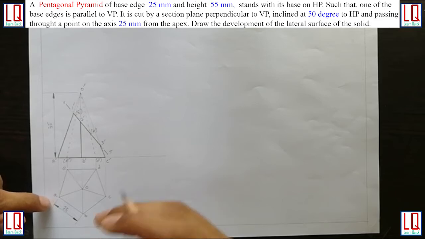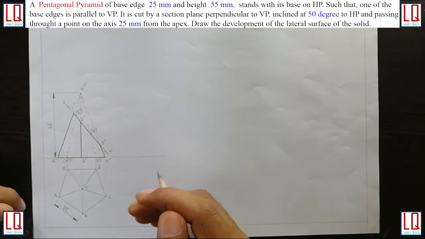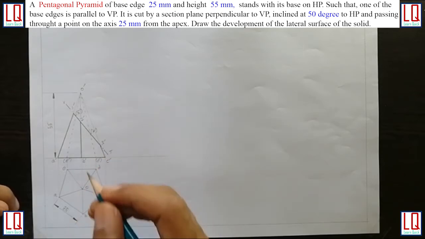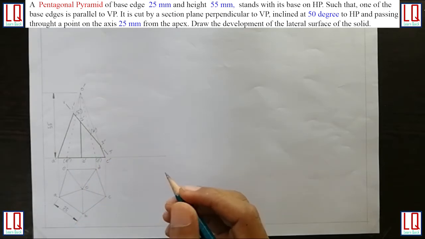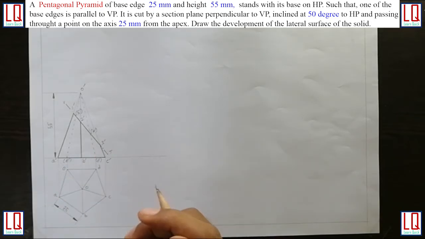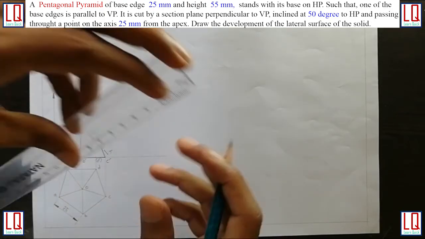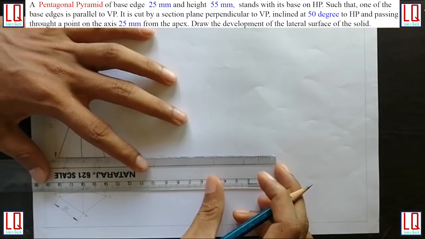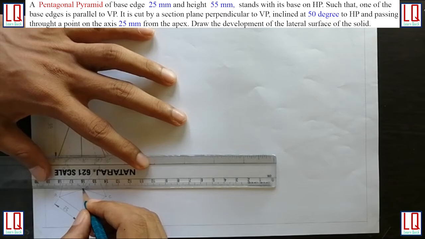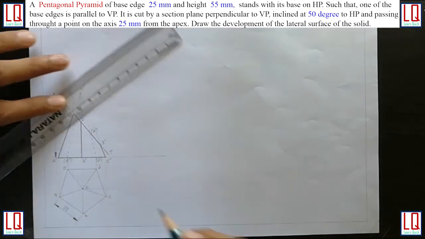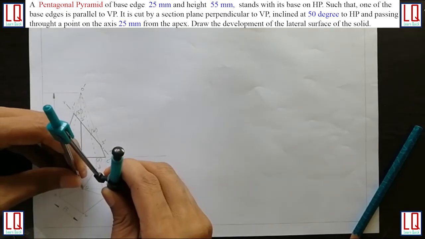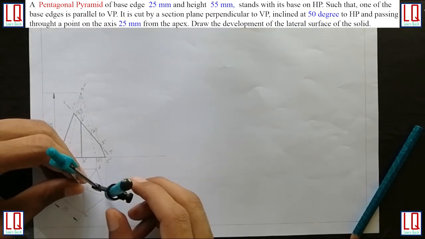Remember, in the previous problem of development of a cone, I said if we have any one slant edge parallel to the XY line, then it can be considered as the true slant length. Since none of the slant edges are parallel to my XY line, I have to make a line. So from O, make a line parallel to XY, and then use your engineering compass to transfer OC to the parallel line.